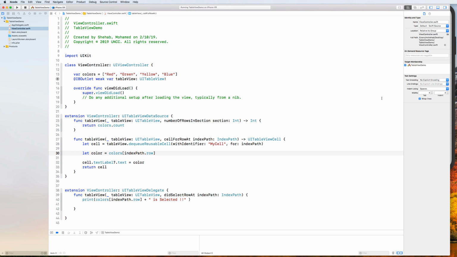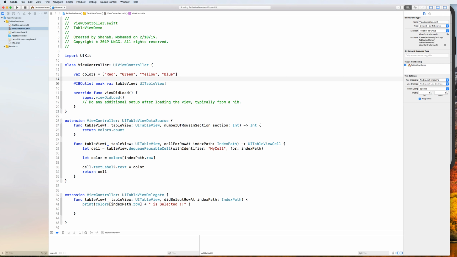Hello, everybody. In this screencast, we're going to look at sections, how you can add sections to your table. It's also very straightforward, but to add sections, this means that we need to have data that is categorized. Okay, so let's say we want to use the same example that we had in the overview, where you have